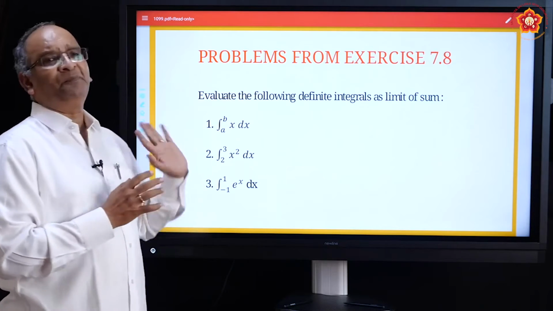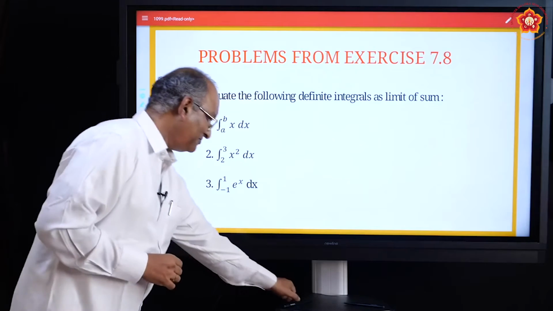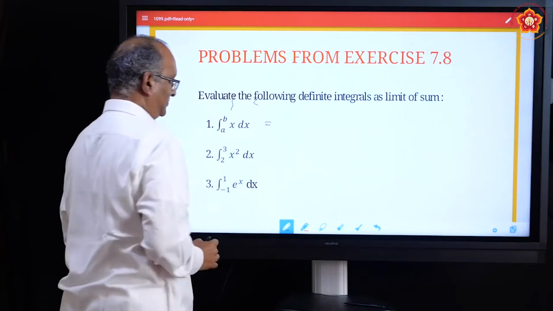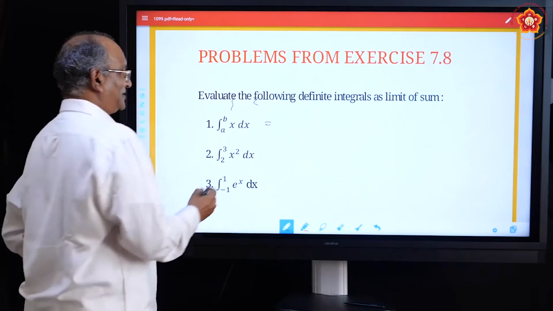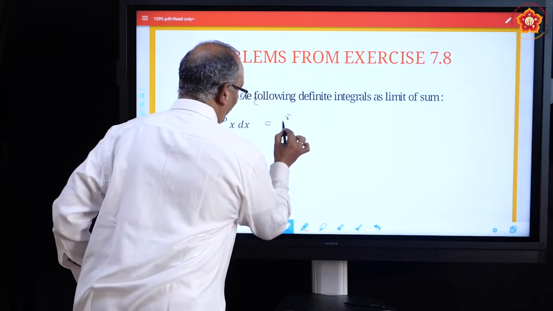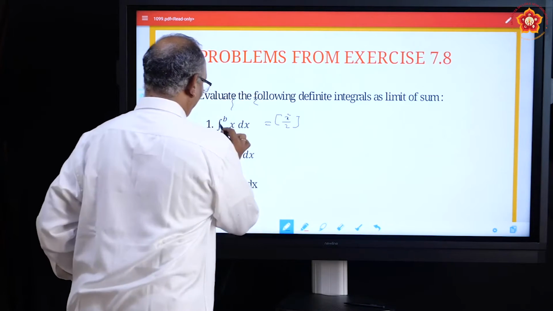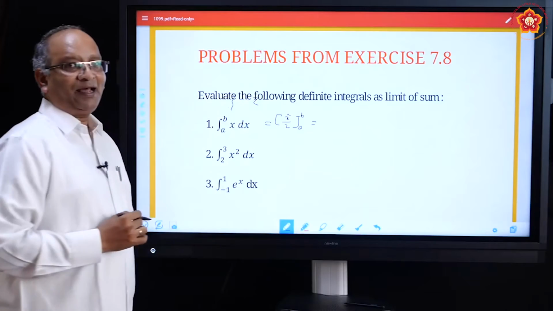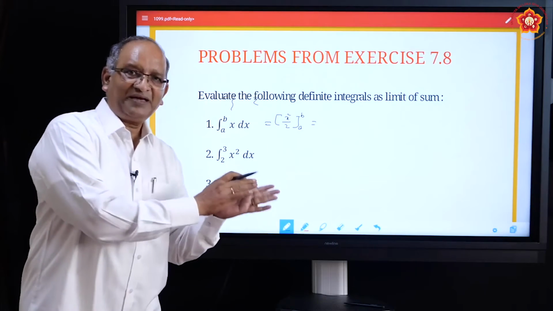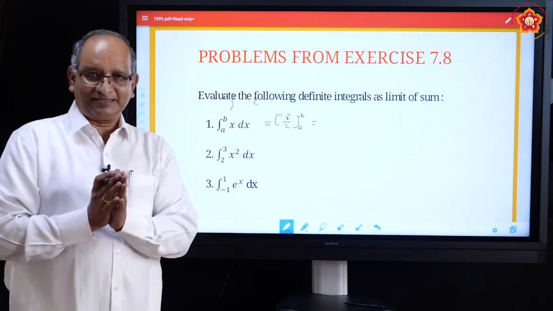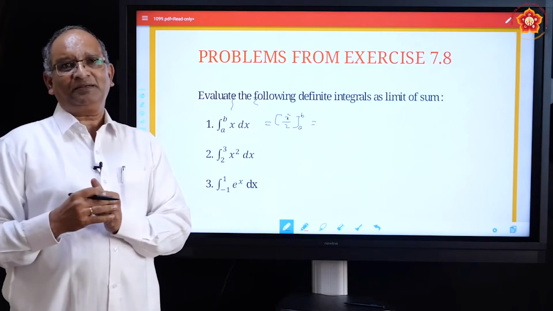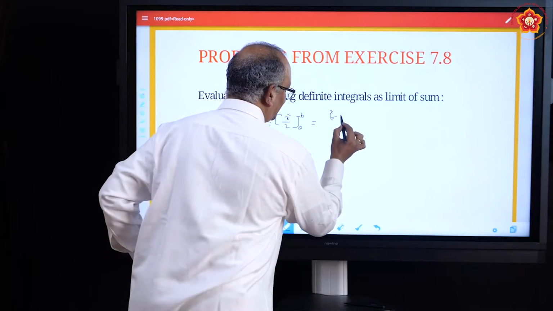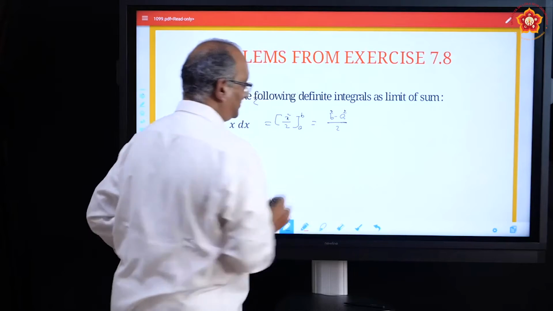See, the problem looks very simple. Suppose I want to do this problem. Very simple it is. What is the integral of x? Integral of x is x square by 2, and the limits are a to b. So what is the answer? In order to find the answer, the method is, if capital Fx is the result, first substitute the upper limit minus substitute the lower limit. So if you substitute that, the answer is b square minus a square by 2.